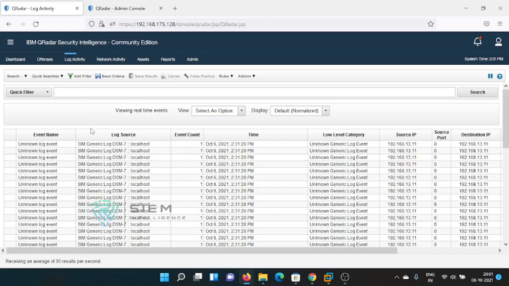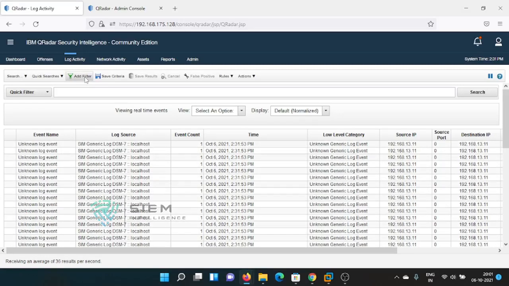Activity is coming. I want to see if there is any word related to ROOT in my raw logs. I don't know anything in the raw logs, but there is a ROOT word in my log. I want to check if maybe there is some virus word in my raw log. So how do I check?